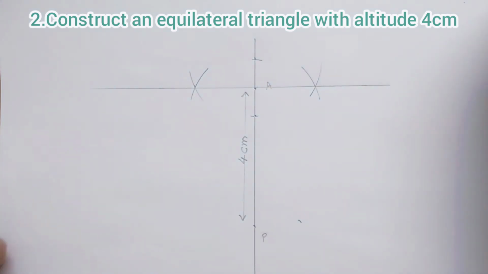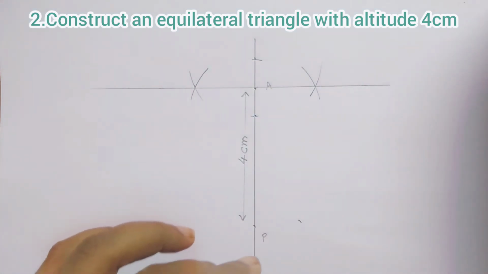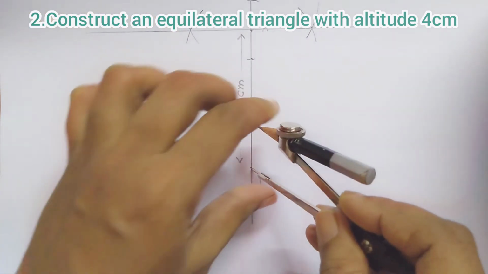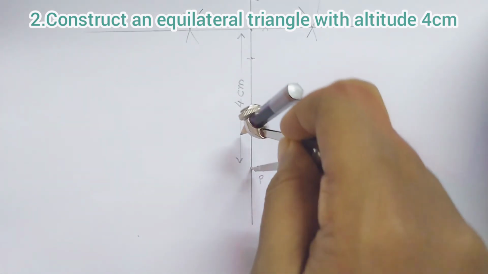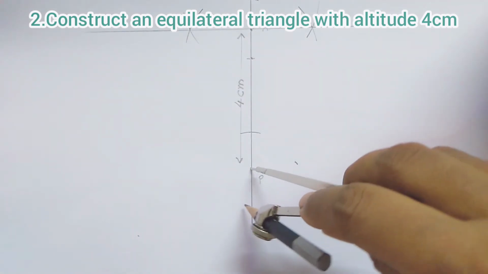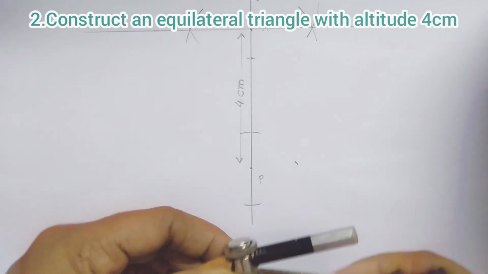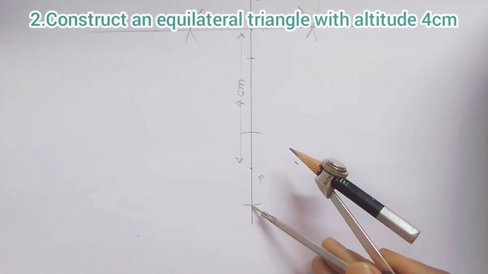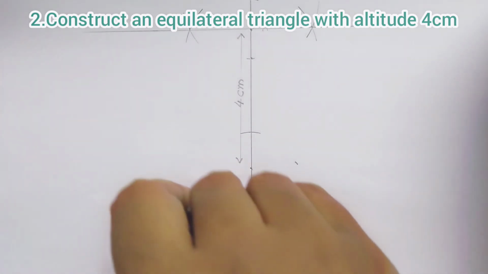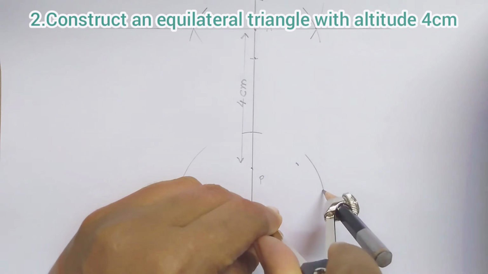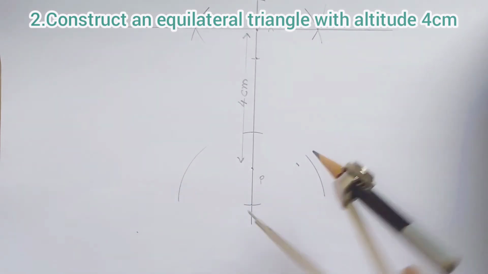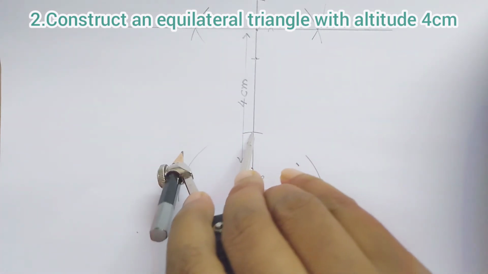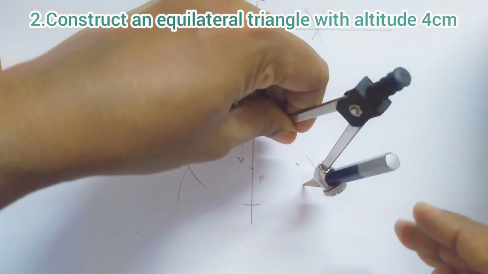Same way from the P point we have to do it. Again I am showing you here down. Look at here, from the P point take a sufficient distance. Here also make an arc, and here also. Then take again sufficient distance in your compass. Which 2 points we got, we put the compass point here and make an arc here. Here also an arc. I am making it dark because you should understand, but you should always make the construction light. Okay, so this arc I have done here.